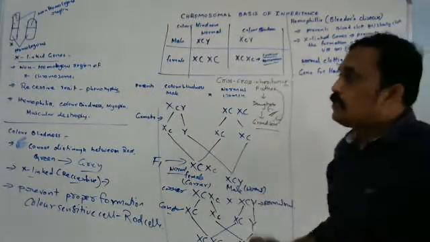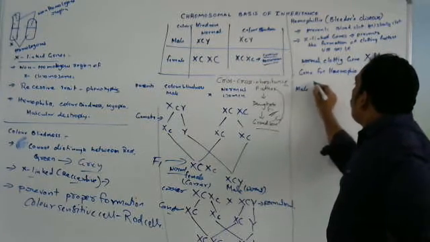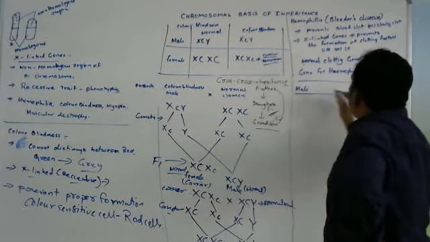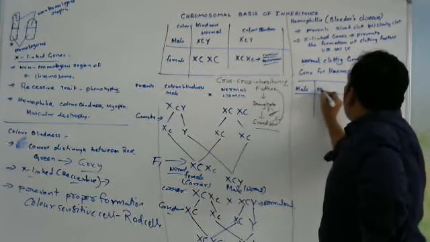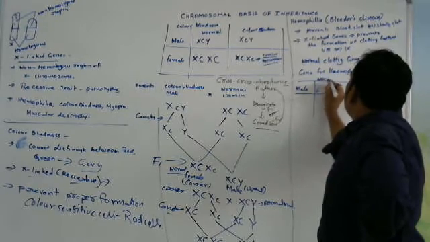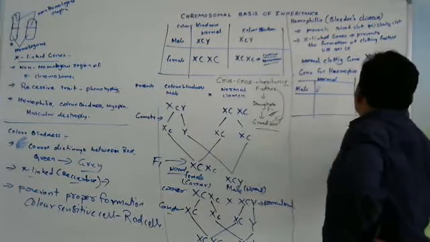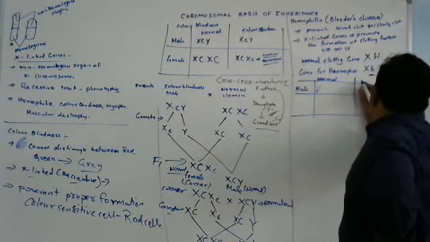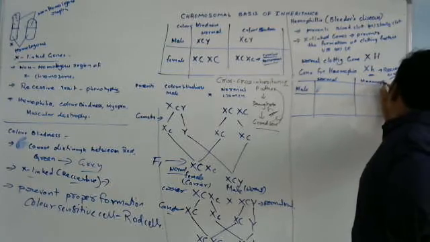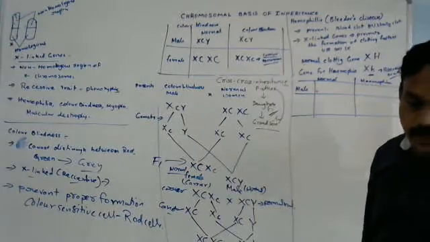Okay, what type of genes are present in male? In a normal person and also a defected person. Defected means what? Hemophilia. In a hemophilia male, normally what will happen? How do they look?